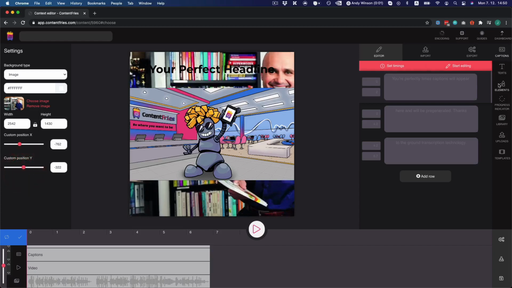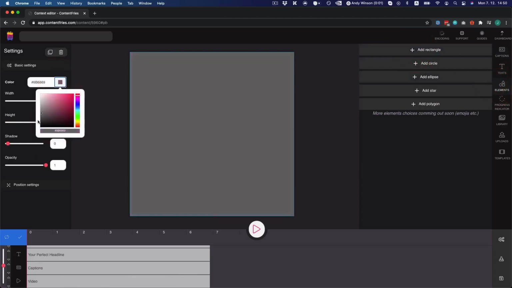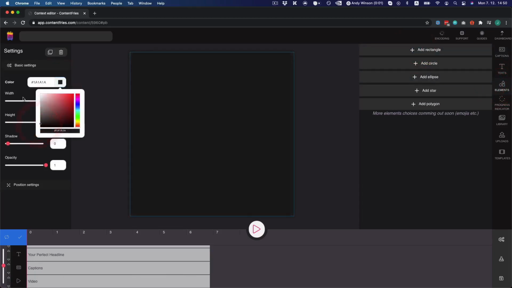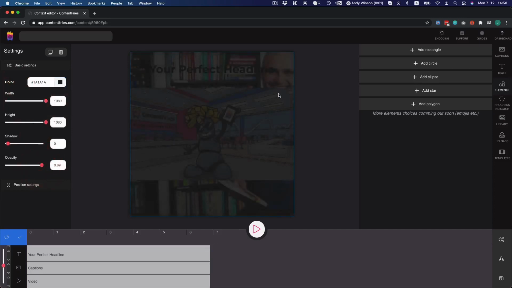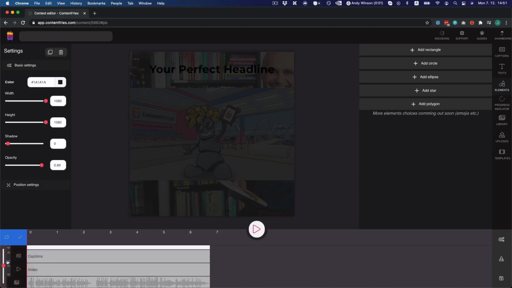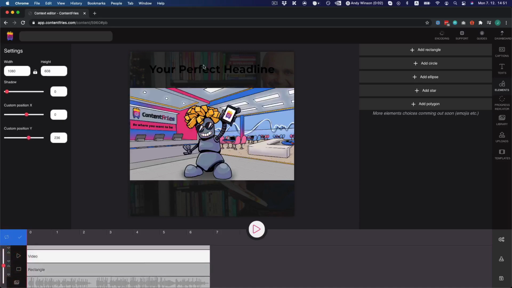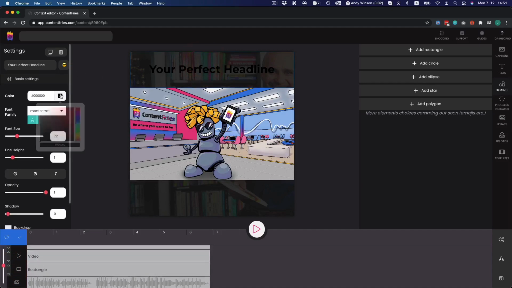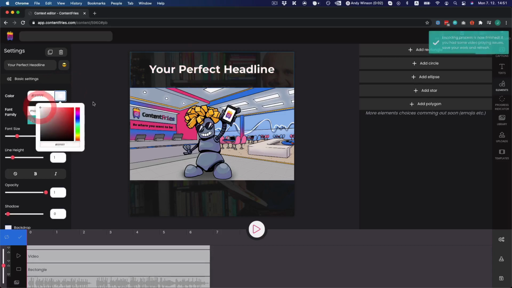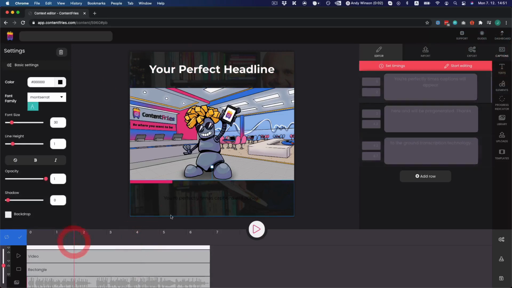Okay, now I need to add some rectangle element, make it full height and choose some dark color and move the opacity slider just a bit down. And now I need to move this rectangle in this layers area below the video, so the video is normally visible, and also make our headline in white color, and also the captions,